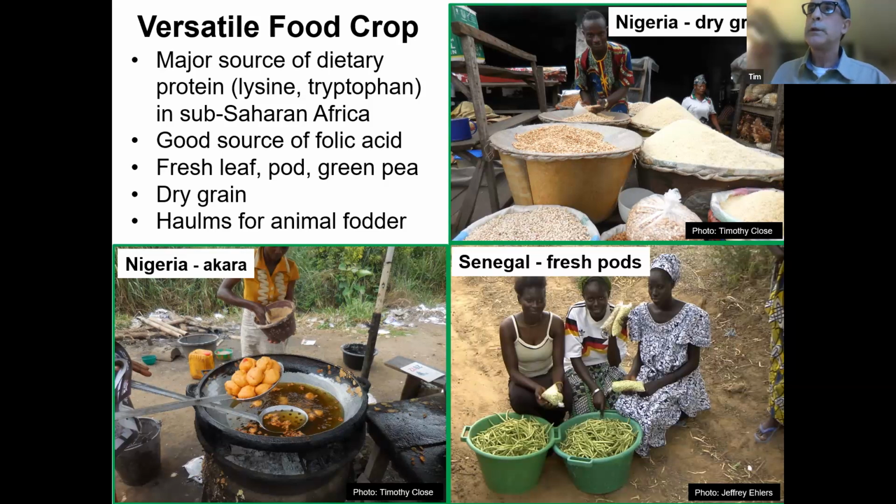I have several images here, one from a grain market in Nigeria, one lady selling fresh pods along the roadside in Senegal, and another akara, which is made from a paste of pulverized cowpea, sold along a roadside in Nigeria. As Patrick will describe in more detail, in Africa, cowpea is consumed not only as a dry grain, but also